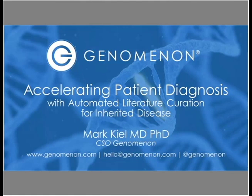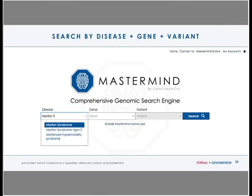Specifically, what I'm going to be talking about is accelerating patient diagnosis using the Mastermind platform, which provides automated literature curation for inherited diseases in this context, but also for somatic disease and cancer. So what is Mastermind? Mastermind is a genomic search engine. The database that we've collected by indexing these many millions of full-text scientific articles comprises every disease in the whole spectrum of human disease, no matter how they may be described in the paper or searched by our users,